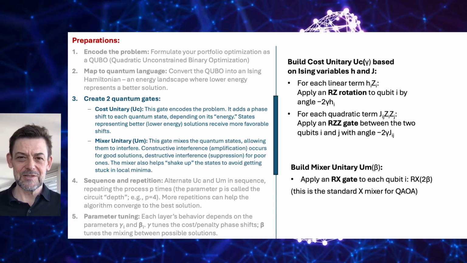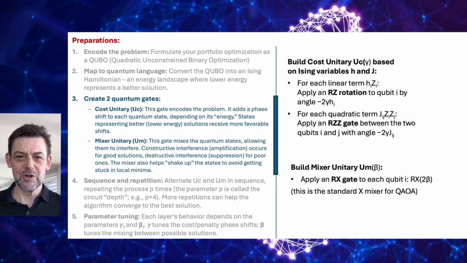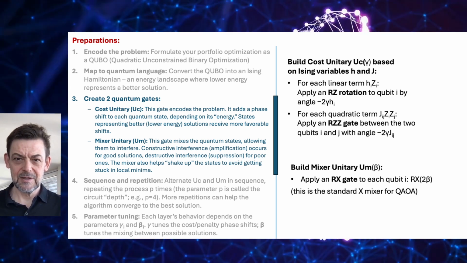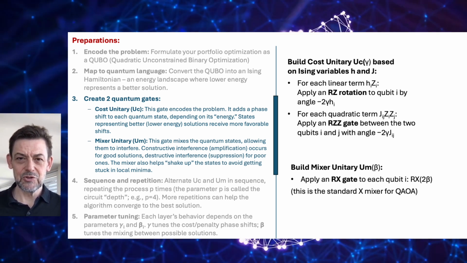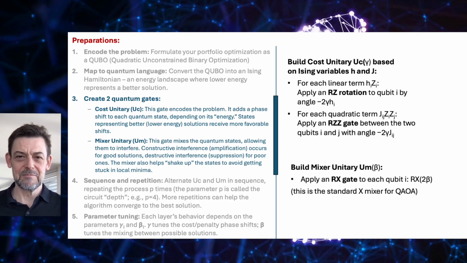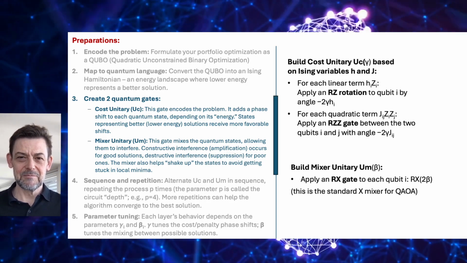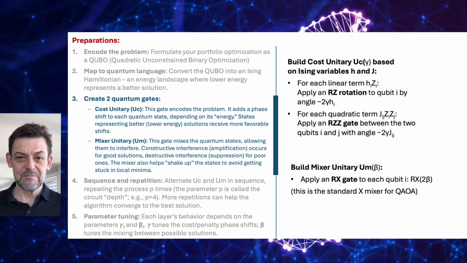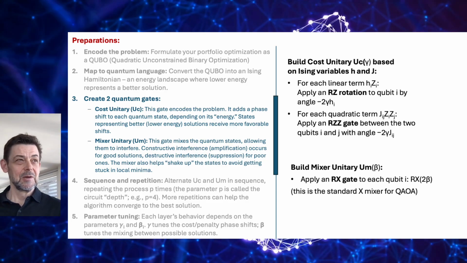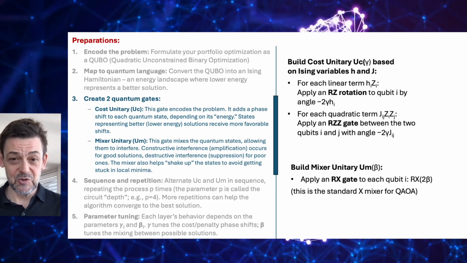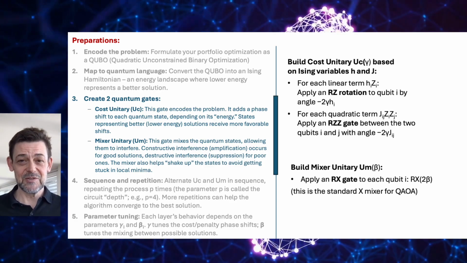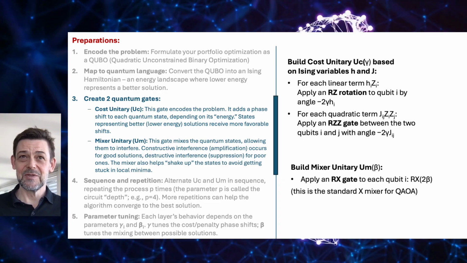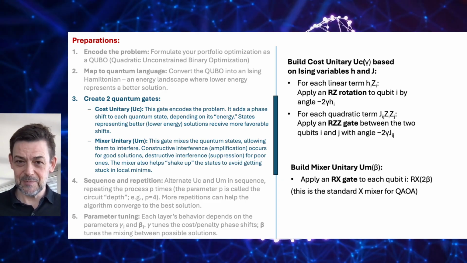The mixer unitary in the standard form is built as shown. Simply add an Rx gate to each qubit. The mixer unitary UM mixes the quantum states, allowing them to interfere. Constructive interference, amplification, occurs for good solutions. Destructive interference, suppression, for poor ones. The mixer also helps shake up the states to avoid getting stuck in local minima. There are also other mixer variants. If you want to encode the possibility of multiple units per asset position, for instance, you need a custom mixer which does consider your